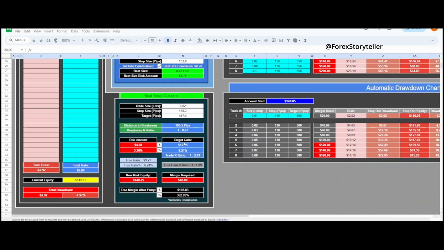This one's a lot simpler to use because really all you're focused on is this distance to break even. And this R ratio on break even takes into account this stop size to this distance. So you could also adjust your size later on down the road. If you had a little bit higher drawdown, you could adjust this size in order to try to make this distance a little bit less than what you're looking to target, and then you could easily clear out to break even. Even after being wrong 5 or 6 times, you could clear back out to break even quickly and easily with just that one trade, and then start back over and go back into that first phase